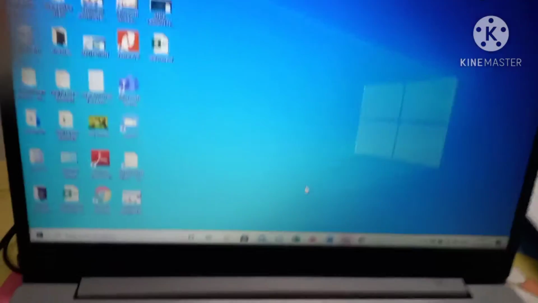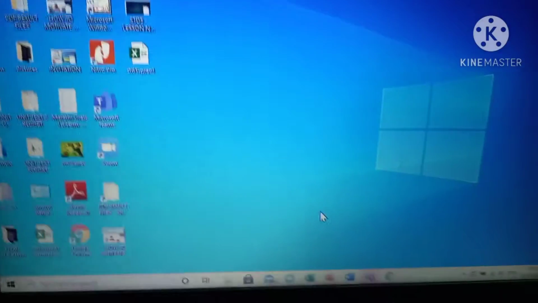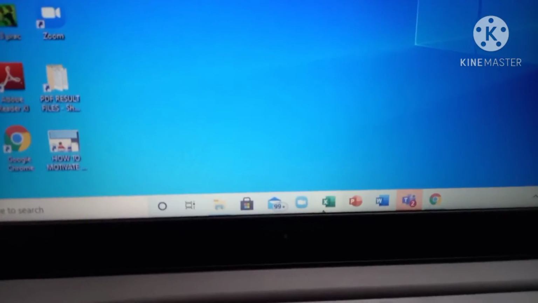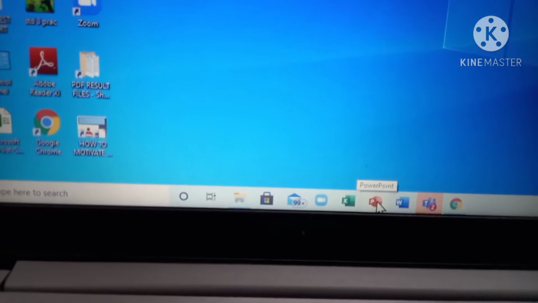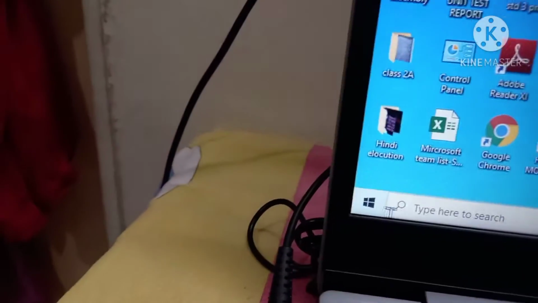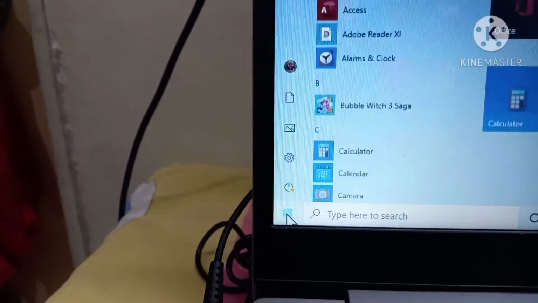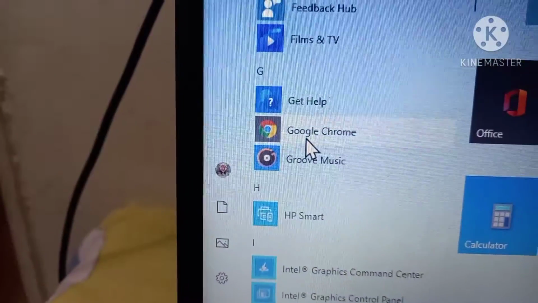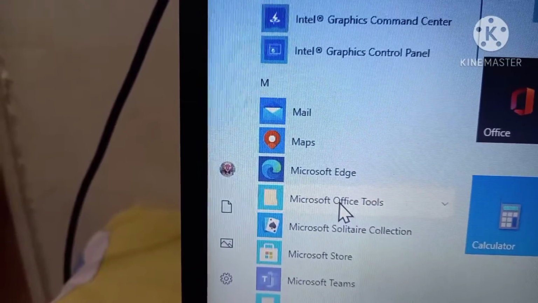Okay. We will start from how to start the PowerPoint, right? Now here I have PowerPoint on my taskbar. Already it is pinned to the taskbar, okay, because so many PPTs I have to make every now and then. I will not go here on the start button. One more thing is you have to click on the start button, then you go here in the Microsoft, right, Microsoft Office, right, Microsoft Office tool.